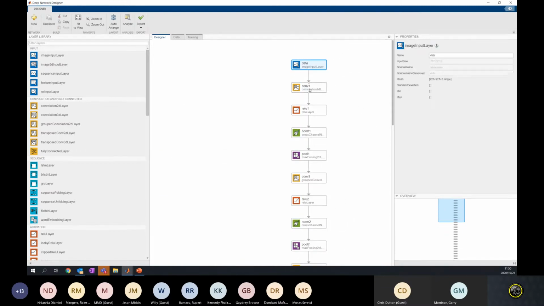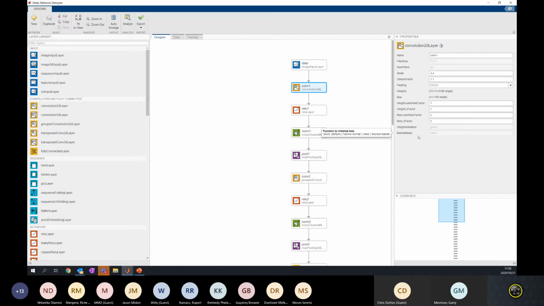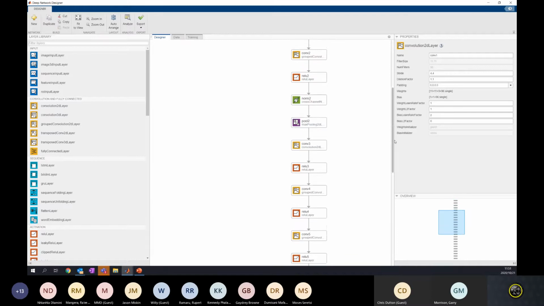So you can think of each block in this interface as a different layer of our neural network. And each layer is responsible for performing some sort of manipulation to our input image. And I mentioned that we will be using the first convolutional layer. And the first convolutional layer is responsible for extracting those features from our image. And we see here, we get information about the properties of that layer, and it tells us that it has 96 filters. So that means from one image, we will be extracting 96 properties or features about that image. Right? And then the next thing we want to extract is our seventh fully connected layer, which is over here,